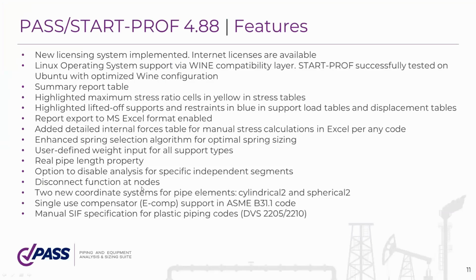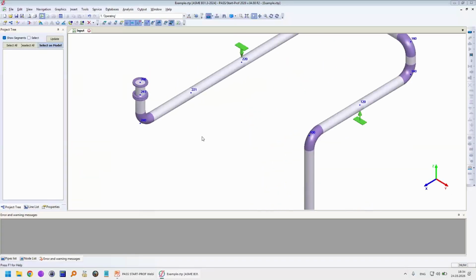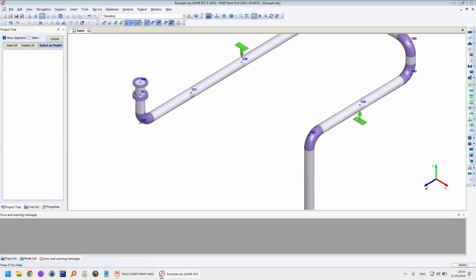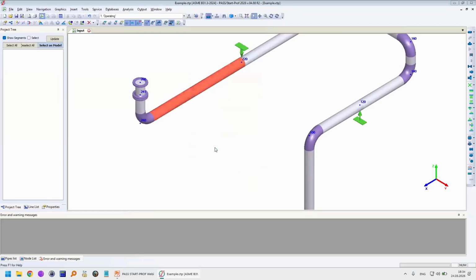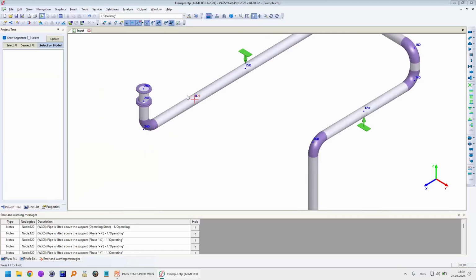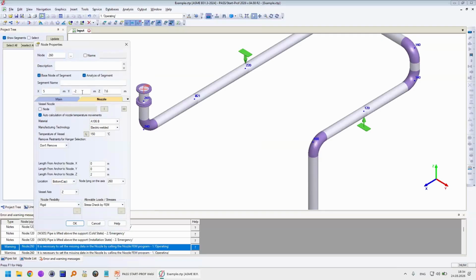The next is the disconnect function at the nodes. What is the disconnect? For example, we have this node and I want to move the equipment in this direction and make a loop like this. How to do this? I just click this node, right click, disconnect in the node. Now you see we have two node numbers here because we cut this pipe at this point. And now if I open the properties of this node and make this node a base node of the segment and change its coordinates to 0, for example, by y-axis,